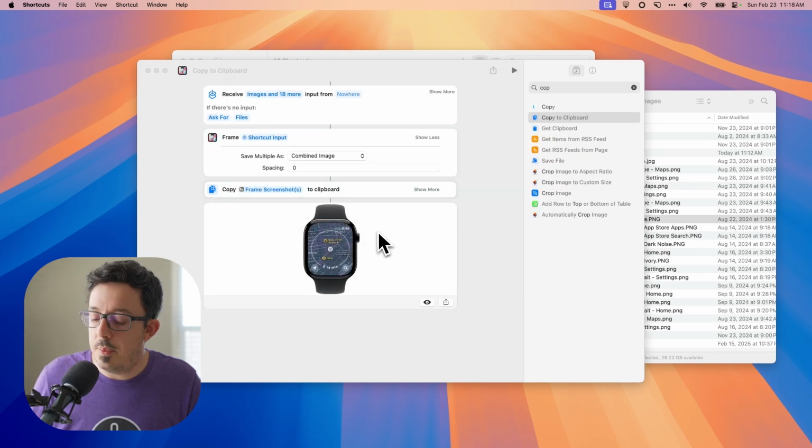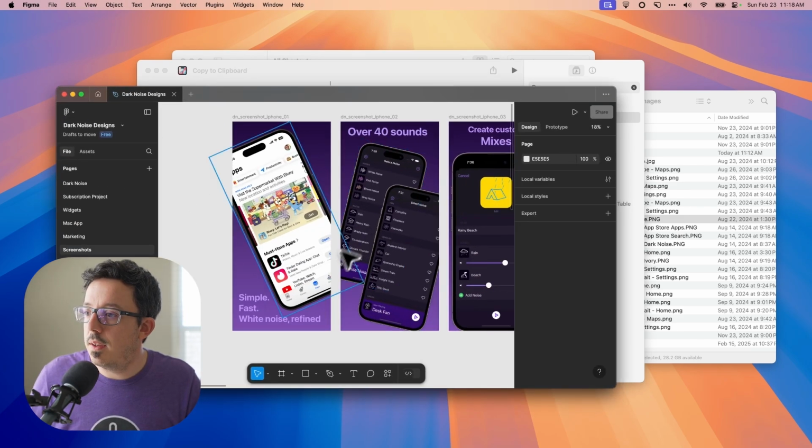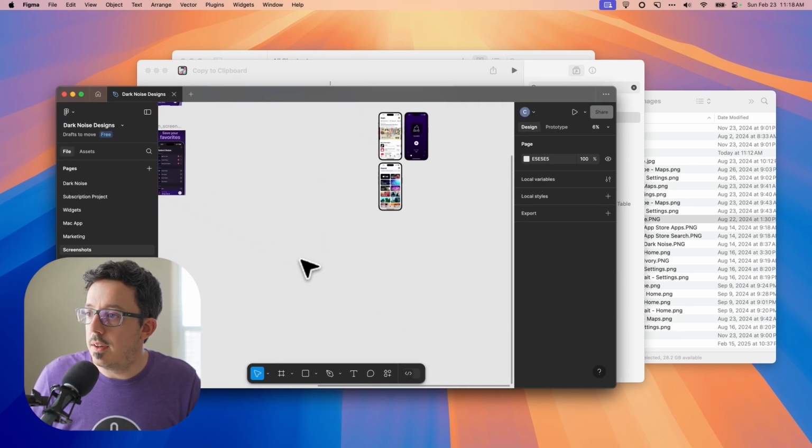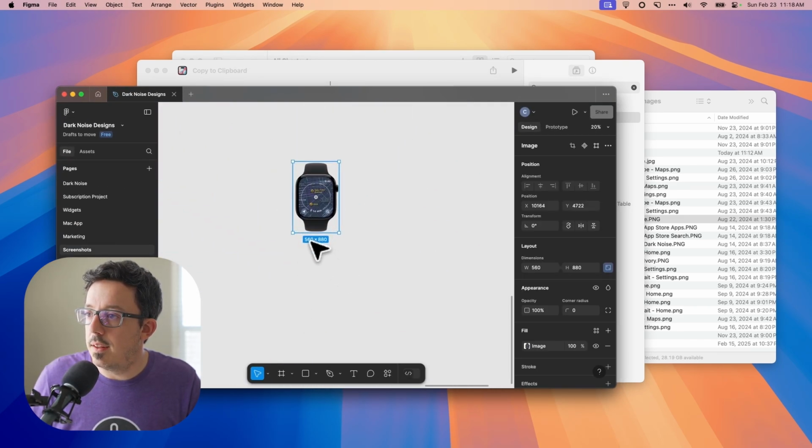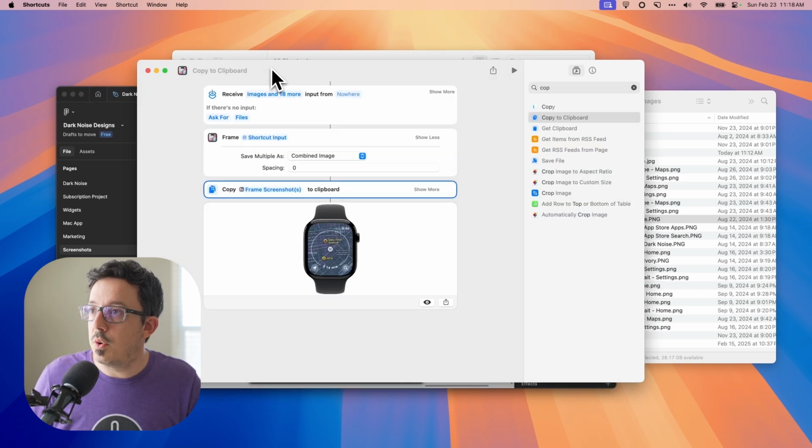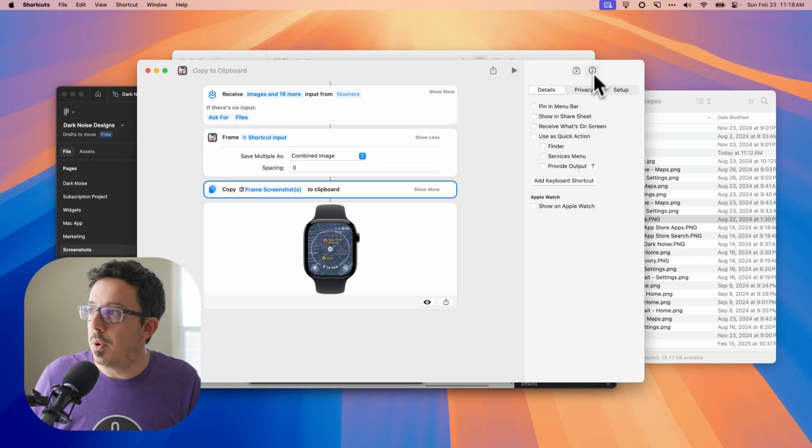All right, it should have copied it. So if I were to open up Figma and go over here and hit paste, boom, look at that. It's got it in there. And what's cool with shortcut support is you can do some really cool stuff like expose it in different places